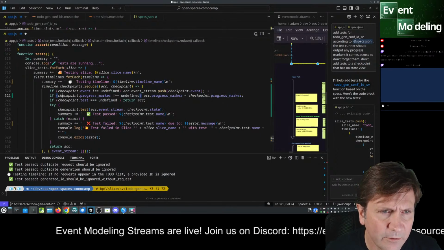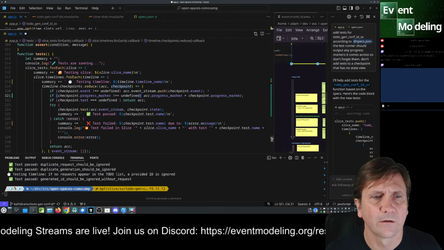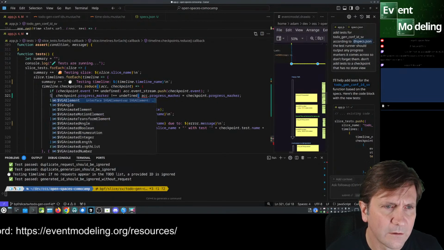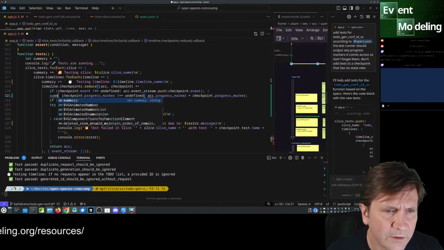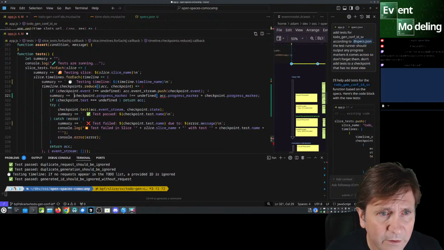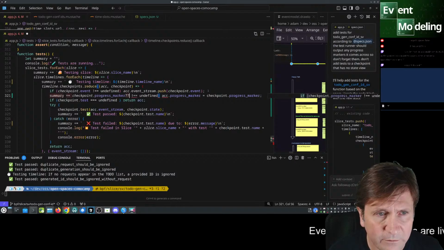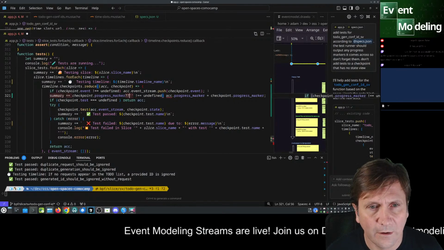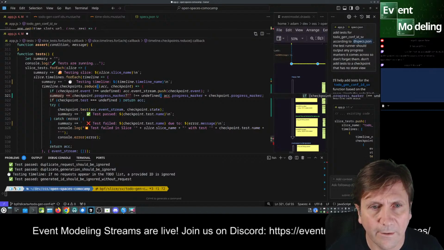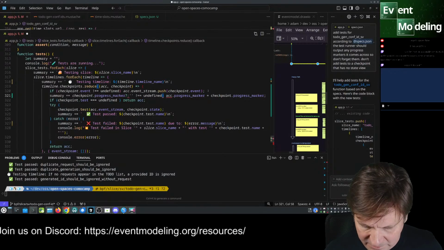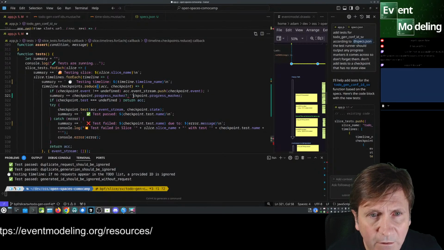So I think we can do progress marker. We can do summary, and then plus equals, and then a ternary operator, your favorite. And I'm going to delete all this other stuff.